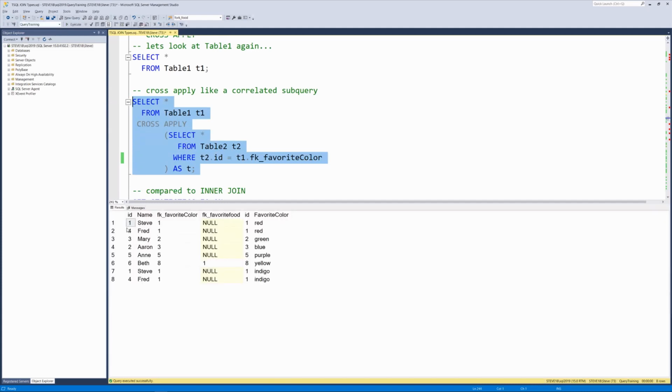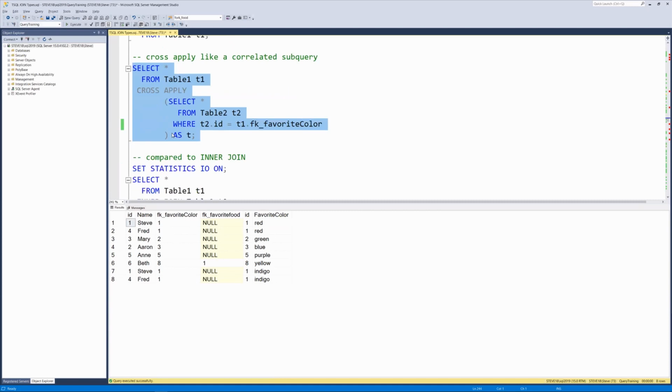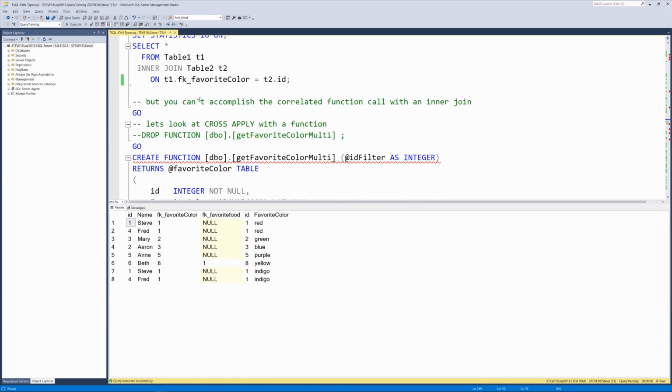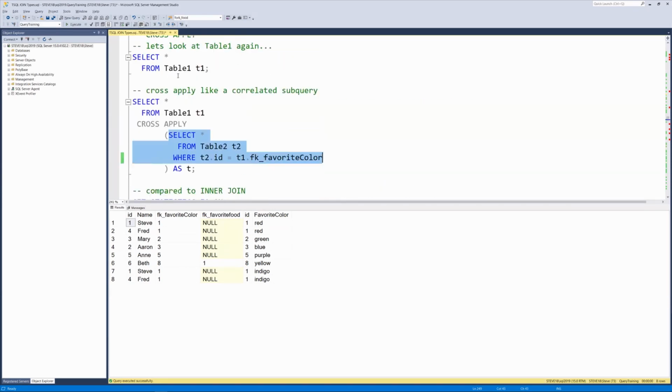And what it looks like is this. Now, this happens to be the same thing that we got when we did an inner join. If we look at it right here, we look at an inner join, and yes, we do see the exact same thing. But it's a way of being able to not just join to a table, but to join to a subquery. Technically, instead of a table two, you could just say inner join to that subquery and specify the join predicate, and that would work.